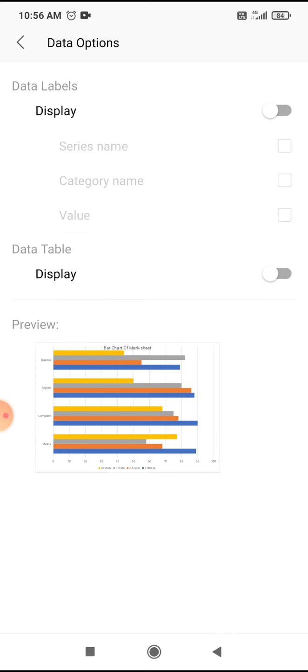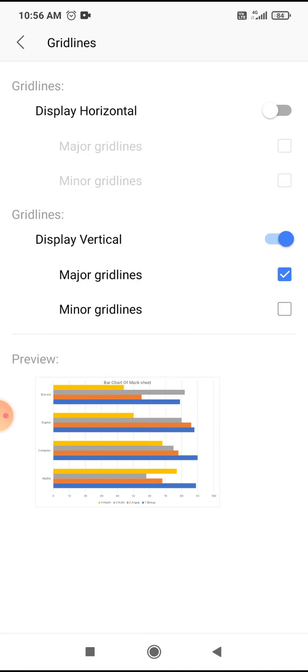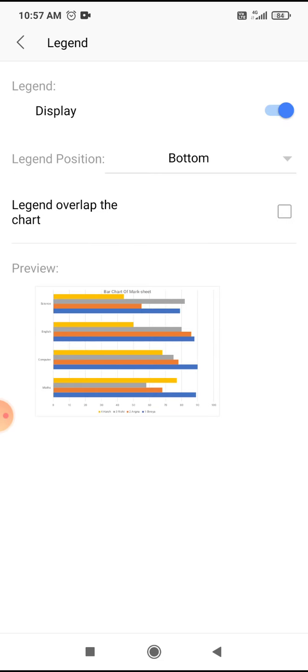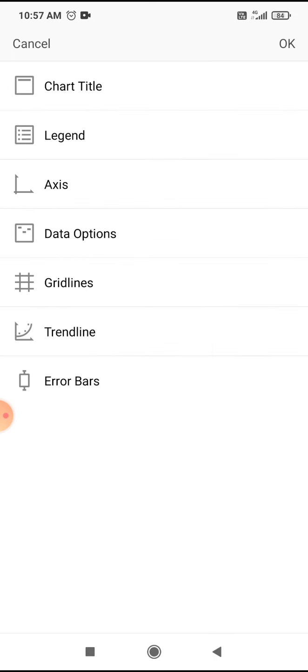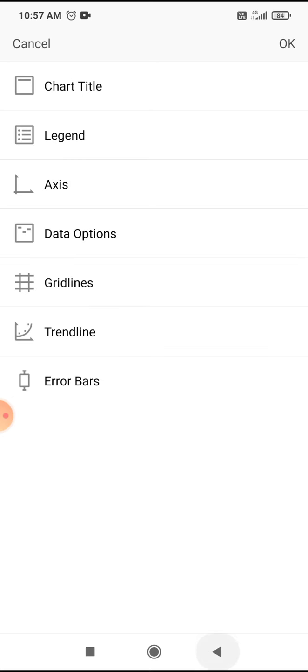Click on data options. You can display the legends bottom, top. You can set that. You can also set the axis.